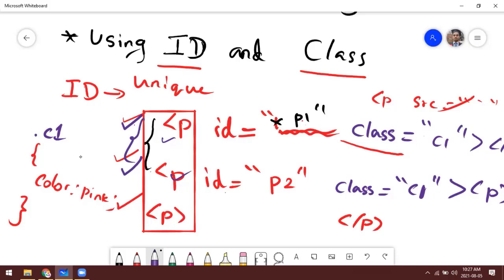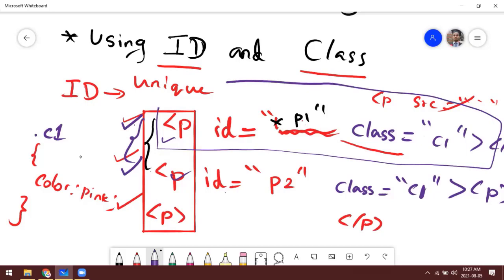Again, if you want to uniquely apply any sort of style to this first paragraph alone, we have to look into something that is unique only to this paragraph. In that case, we have ID, because if an ID has P1 as the value, none of the other IDs will have P1 in the entire document.